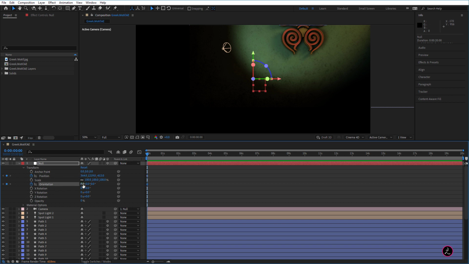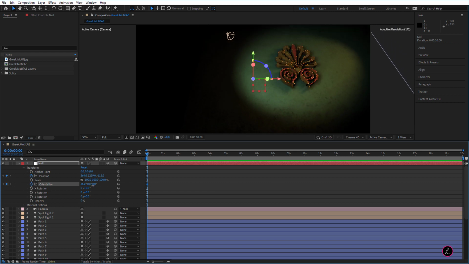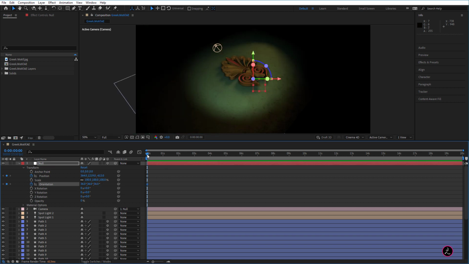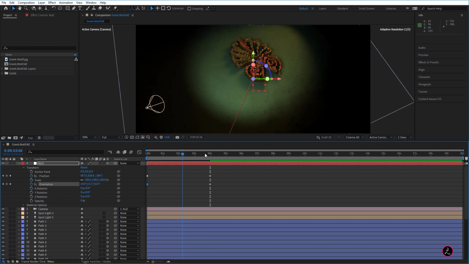Let's go ahead and work on the orientation. I'm going to change the orientation to, let's say, 36 degrees, but I will do this for all the same values here for the Y as well. 36 and 36. All right. So now I'm going to move the current time indicator to, let's say, 4 seconds. All right, right here. And then I'm going to actually reset the null object by clicking on the reset button right here. There you go. And I will get this, which is correct for now. So the animation, if I was to scrub the current time indicator, it would be something like that.